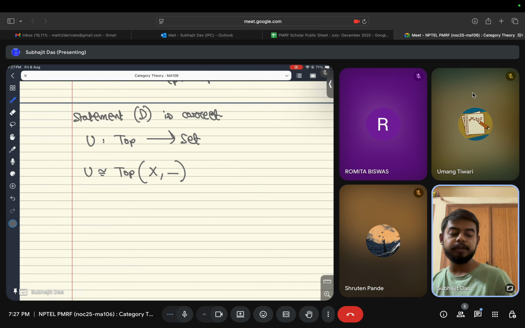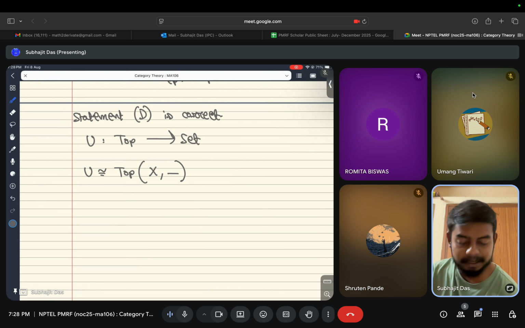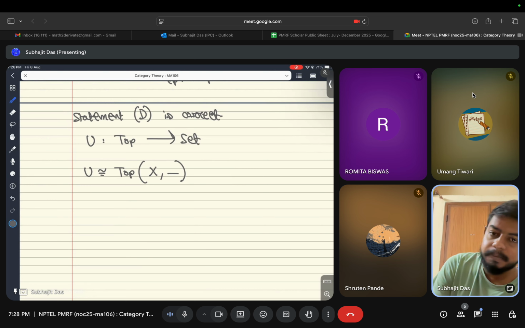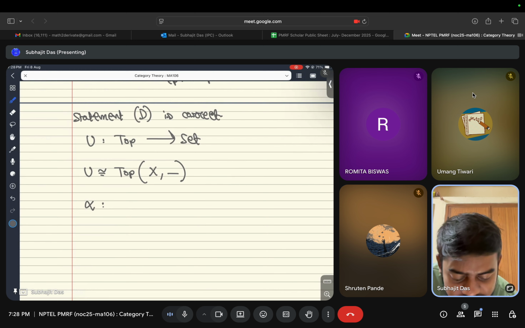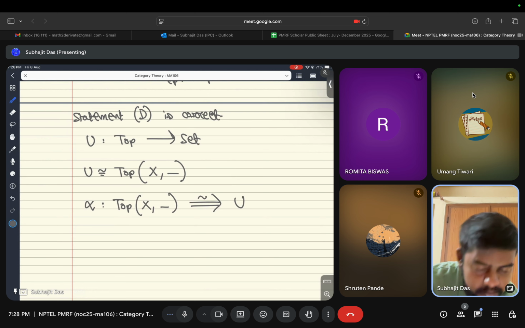So not only do you need to show that for every Y you have a bijective map from Top(X, Y) to UY, you also need to show that those bijective maps satisfy the naturality condition. What I'm trying to say is you want to prove that U is naturally isomorphic to Top(X, -), which means that you want to produce a natural isomorphism from Top(X, -) to the functor U,